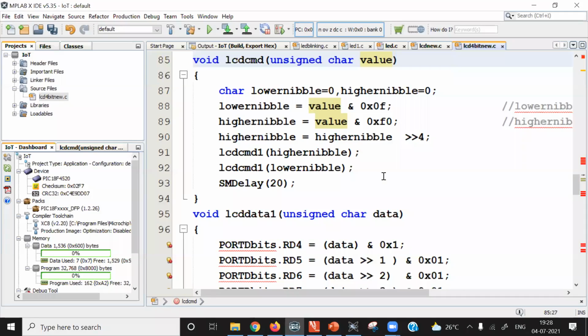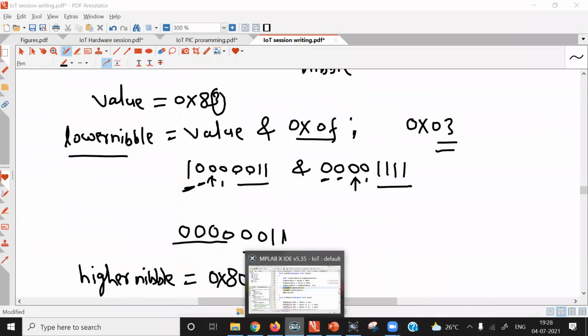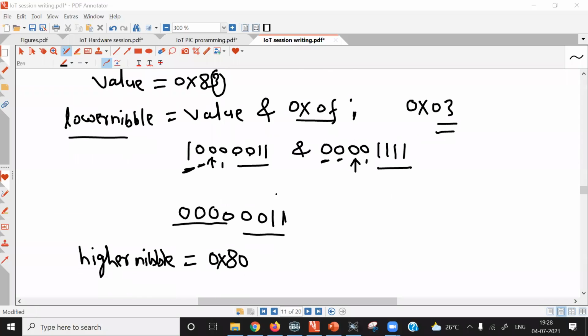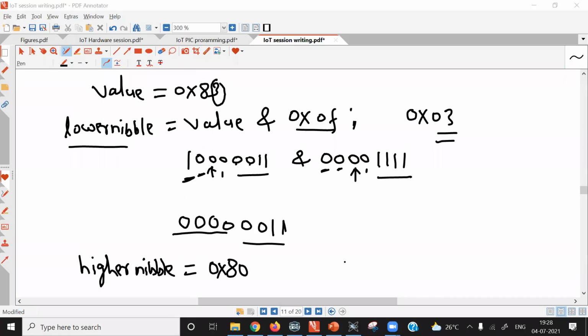Now while transmitting this data to the LCD CMD1 function, this higher nibble must be shifted towards the right hand side by 4 bits. The reason is, we are writing the nibble to 4 port pins of the microcontroller, RD7, RD6, RD5, RD4. So it must be shifted. Although we have separated the nibbles, remember, they are still 8 bits.